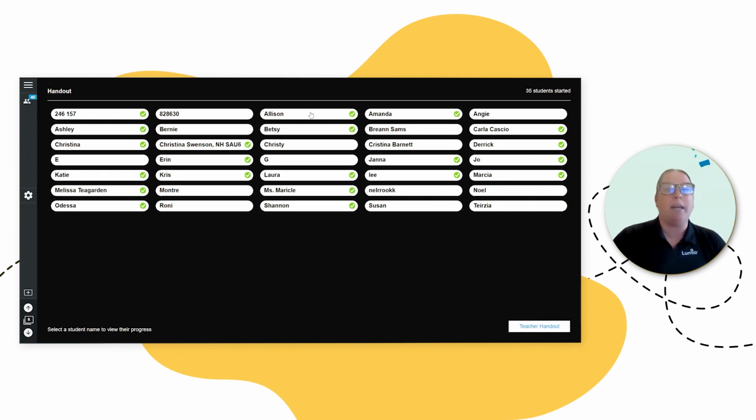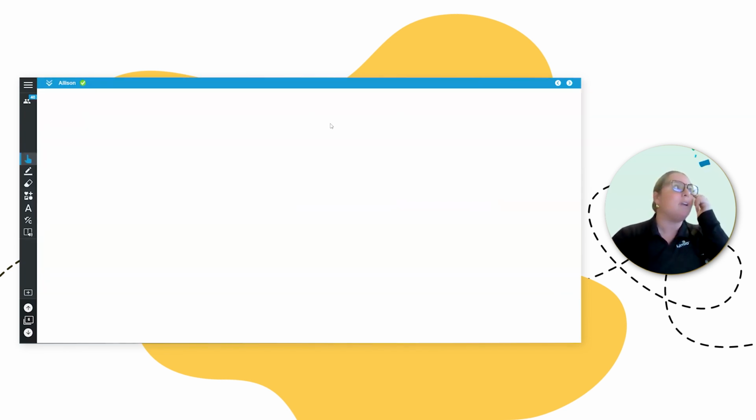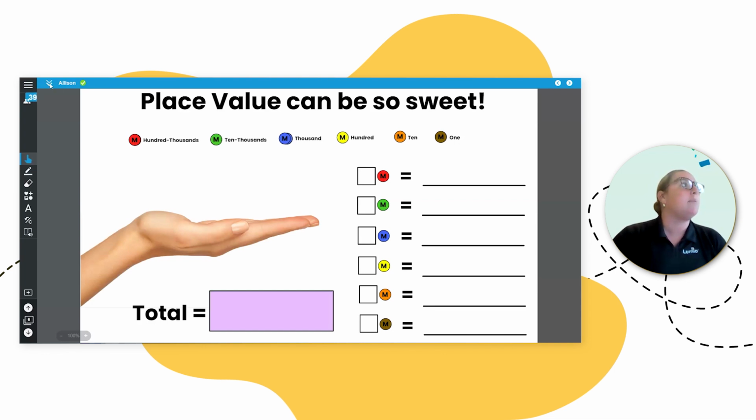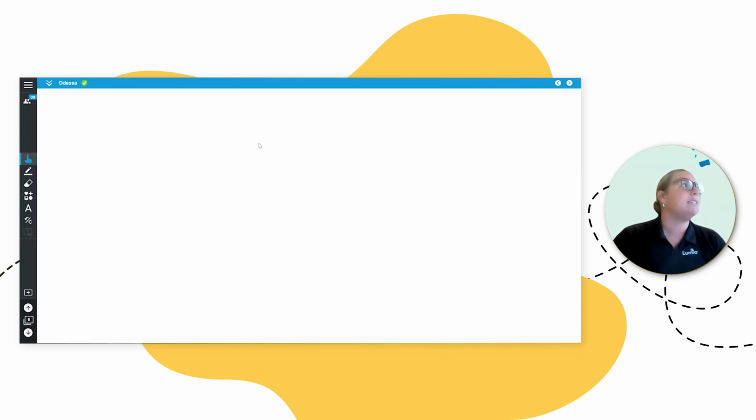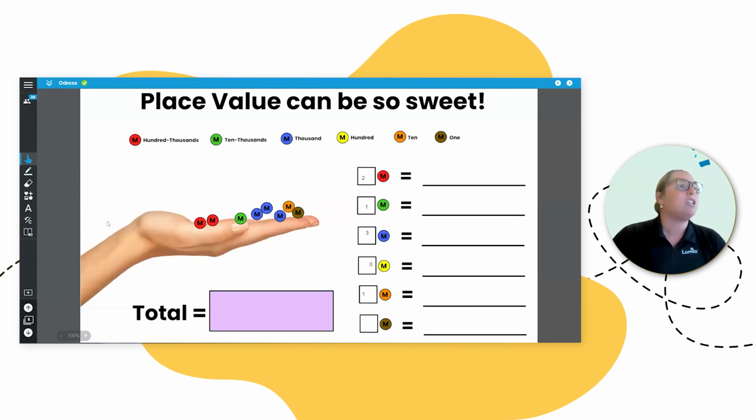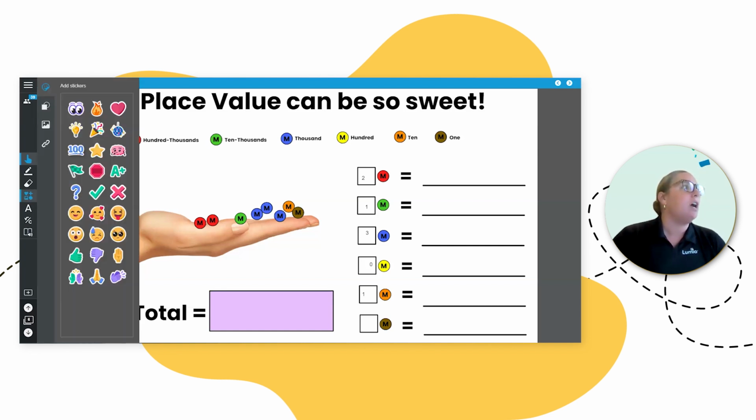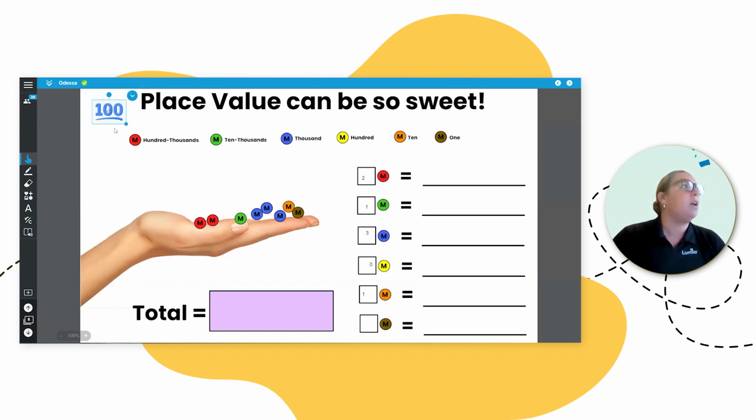But I also can hop into different students' work here. Let me go into, let's see, Odessa, let's see what you're up to. I can actually say, you know what? I'm going to give her some feedback. So I'm going to go to my little image tool here, and I'm going to say, good job. I'm going to give her 100%, 100.